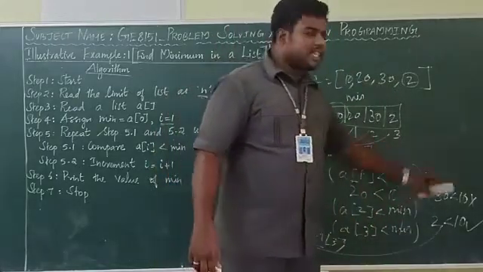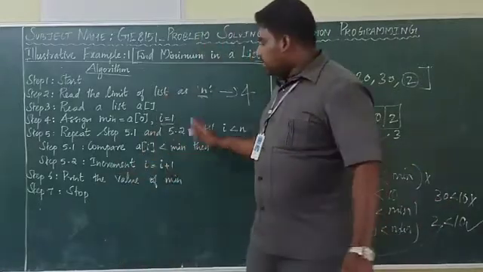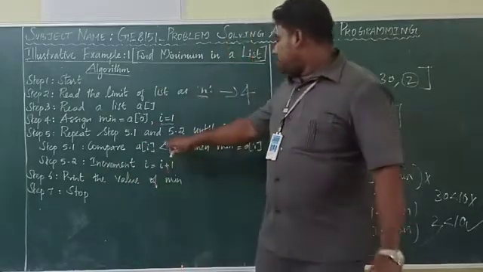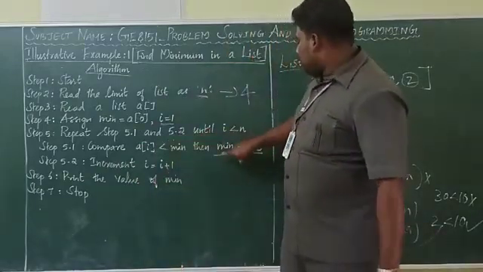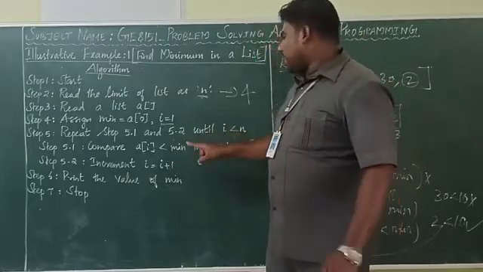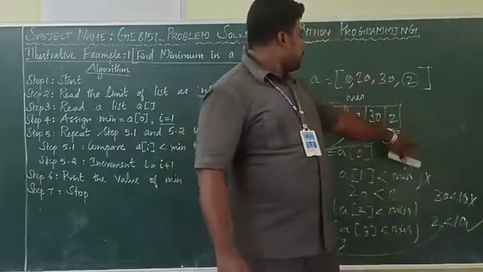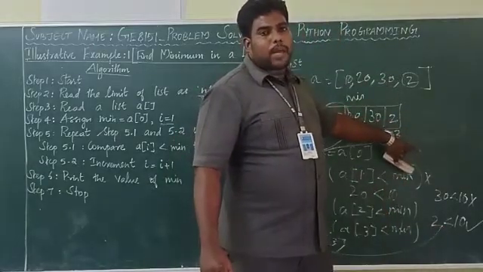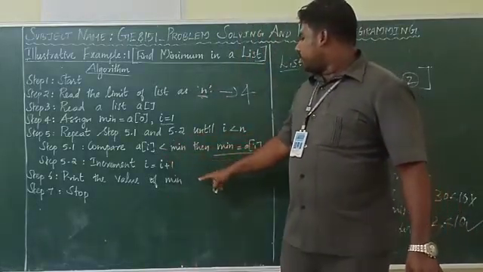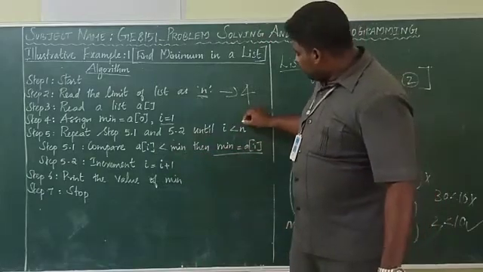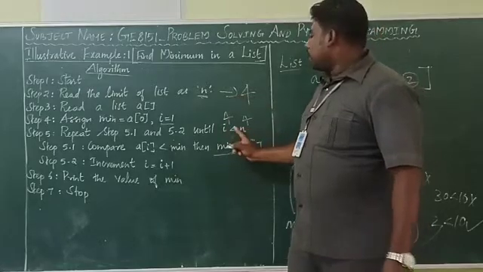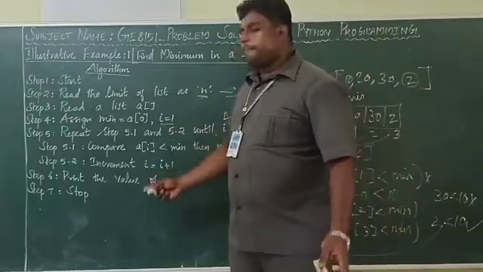Okay. What is 30 less than 10? Then again it will execute. Then you are comparing a of 3, 2 less than 10. Whenever the condition is true, then assign min equal to a of I. And it will check again and again till the last. Here which one is the last element? Third position is the last. After that what will happen? I value will be 4. So the condition will be false. So it will come out. Okay. Here n is 4, right? 4 less than 4. Condition true or false? It is false. So it will come out and print the min.